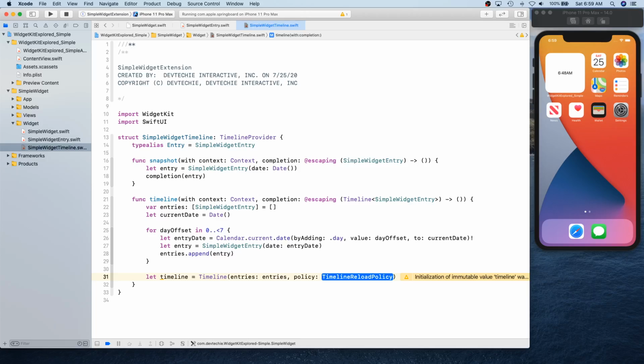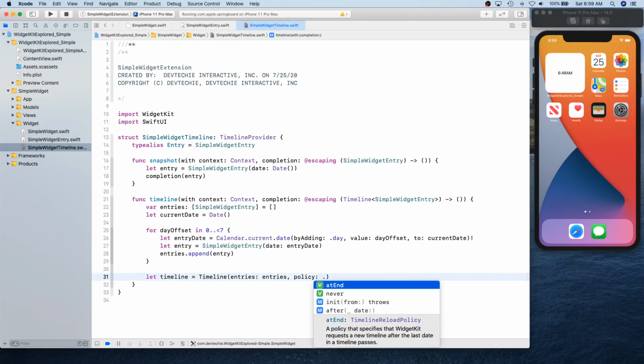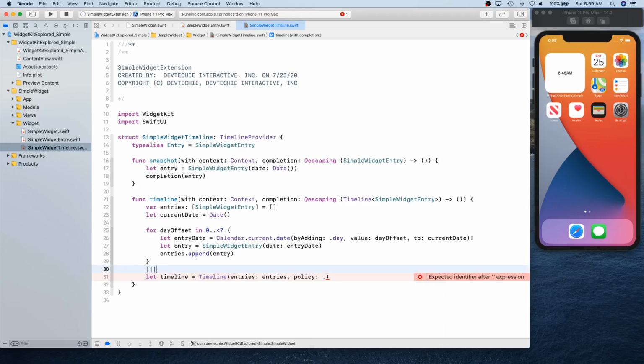When your entries are about to expire, that's when this policy is going to get triggered. So we are going to say when you reach the last timeline entry, right? So once again, this is your timeline, and your entries are passing, and your entries are expiring in the timeline, and then you reach the last one.